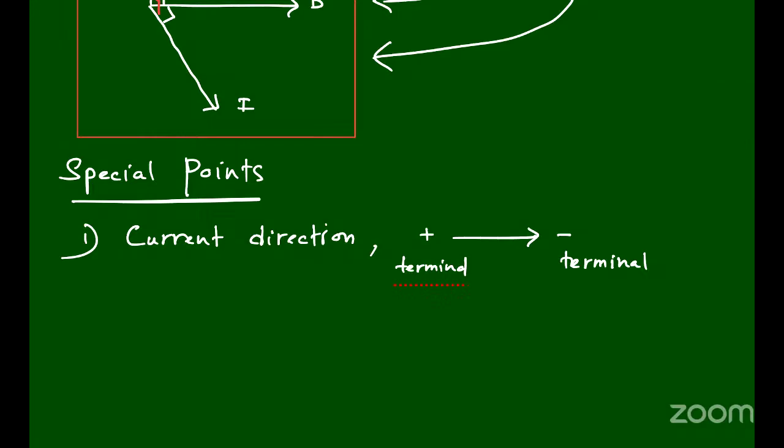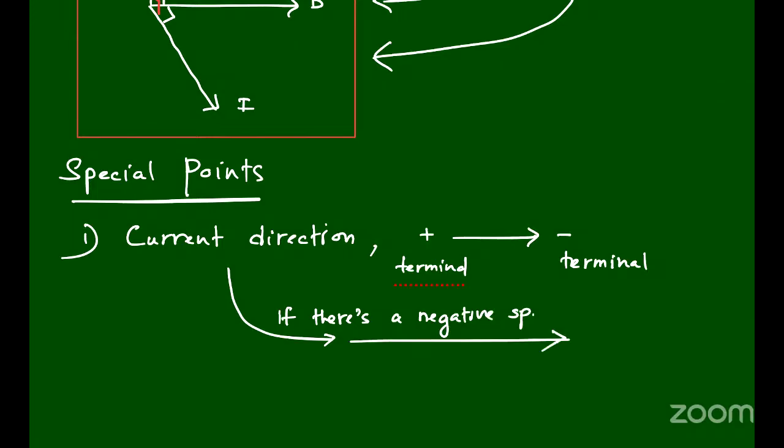Right. And there's a special case if there's a negative species, which means it can be either electrons or any sort of a negative ion. So this thing is for the positive ions, definitely for the positive ions. And if you are dealing with negative ions, for example, electrons or any sort of negative ions, then